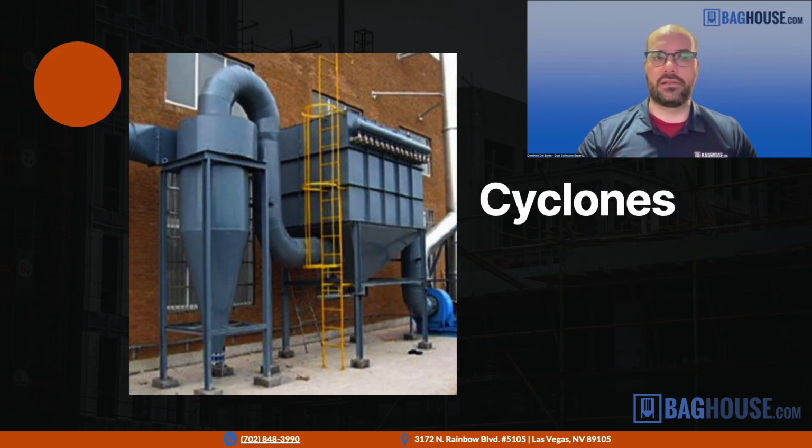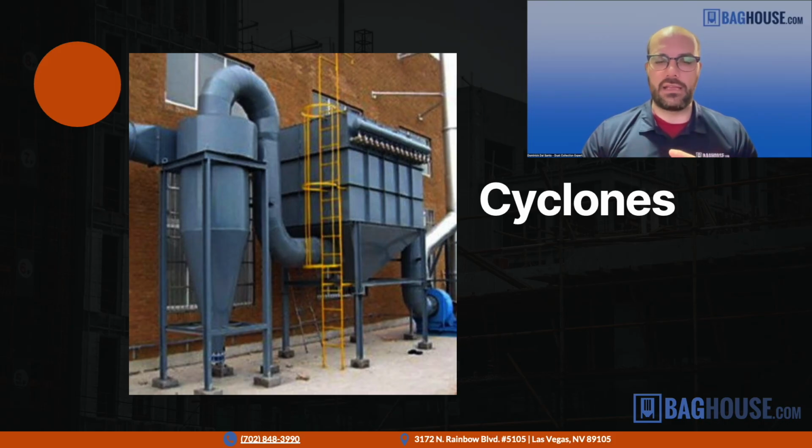The first type of dust collector that's very common to see in mining applications is the cyclone. Cyclones are a type of mechanical separator, a mechanical dust collector, so there are no filters inside. A similar device would be something like a classifier, but also knockout boxes. There's a bunch of these mechanical separators in use, but they all pretty much do the same thing. They remove dust by having the dirty air enter the dust collector, spin around or impact some plates inside,